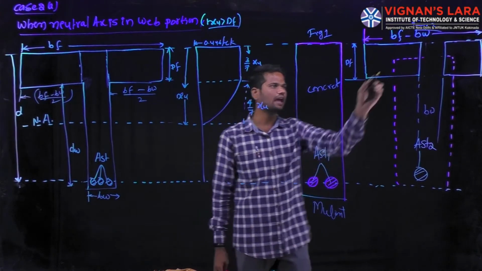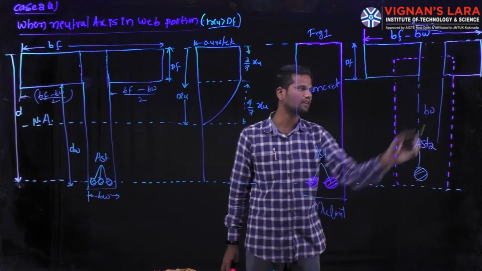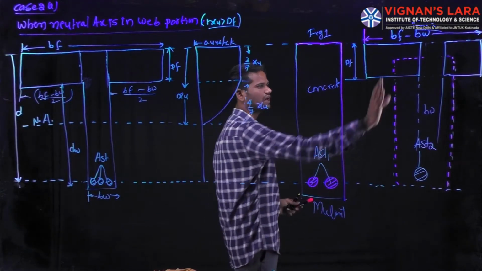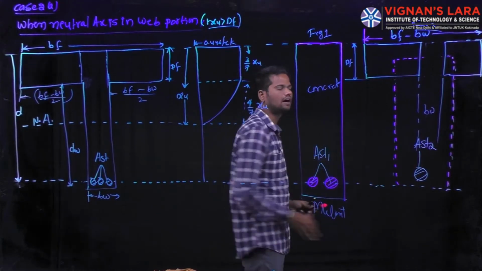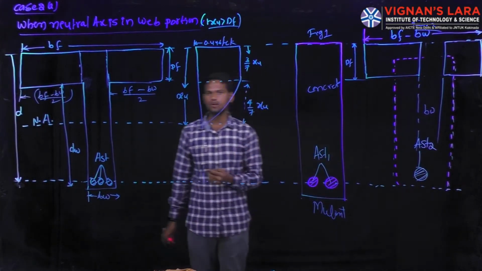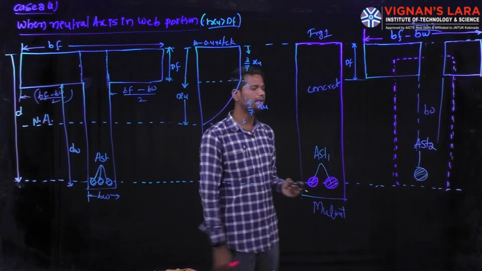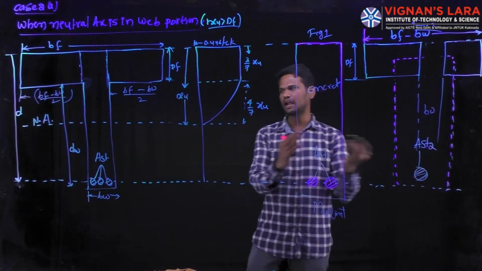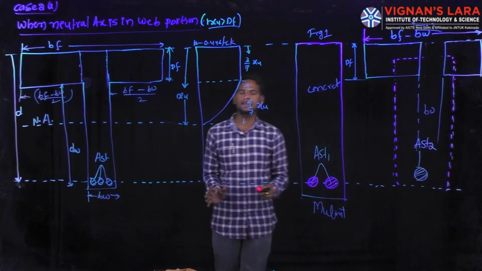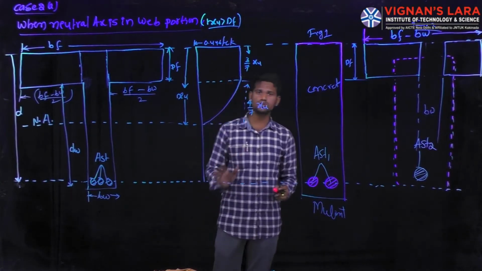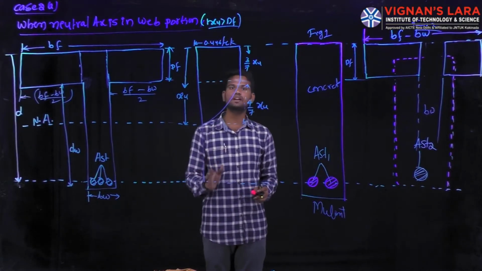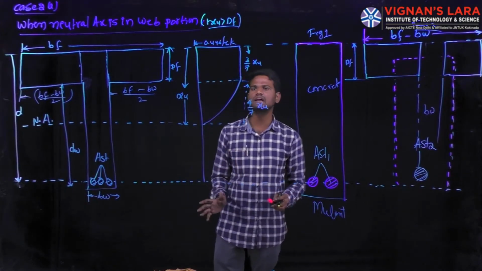Again, if you see here, I have drawn one imaginary line diagram. This imaginary line diagram is nothing but the concrete portion. In this diagram, we are not providing any concrete. We are providing some additional steel bars to resist the additional load acting on the flanged beam. If you combine figure 1 and figure 2, you will get the total T beam. For this, we have to calculate the total compressive force, total tensile force, as well as the moment of resistance capacity of the section, as well as the moment of resistance for the tension.